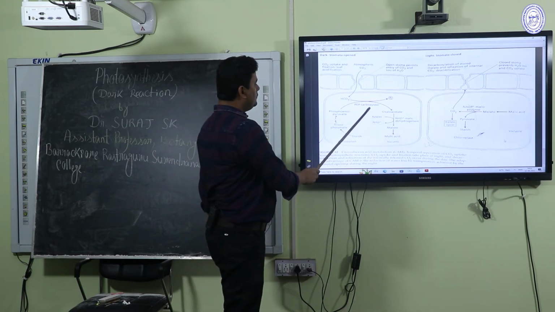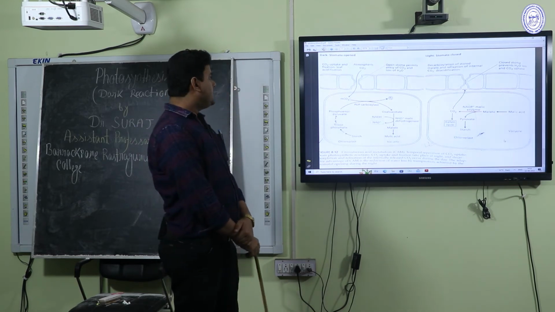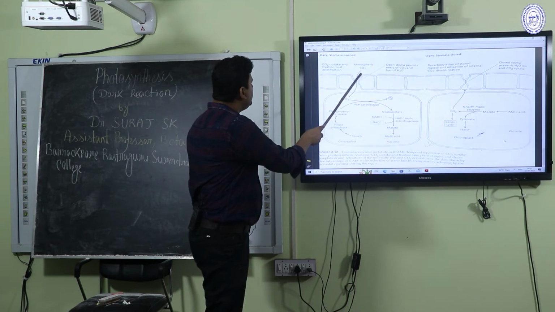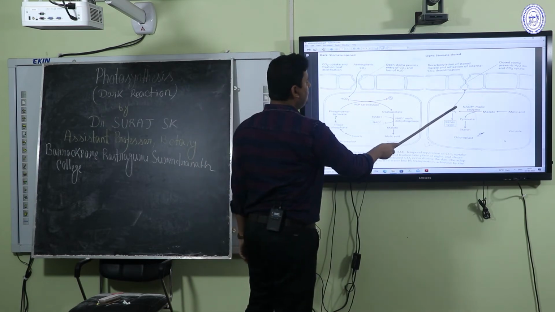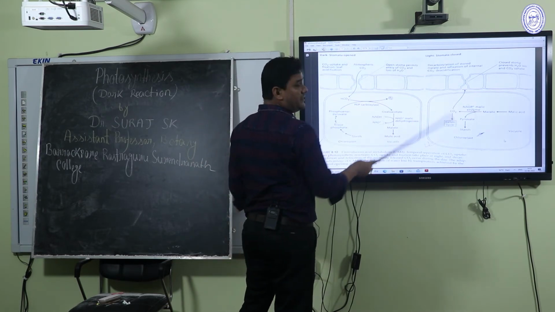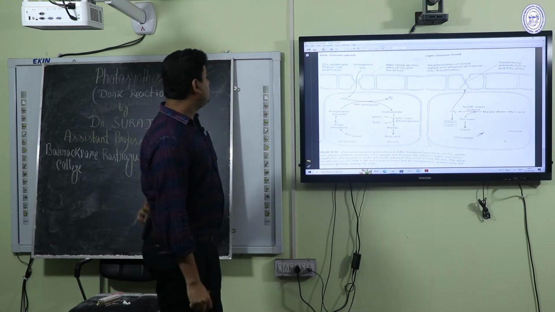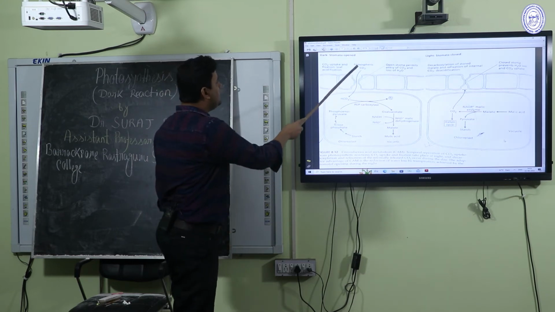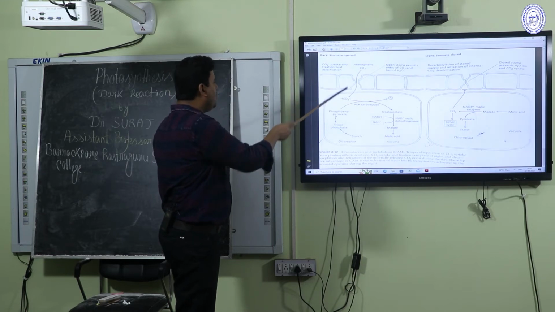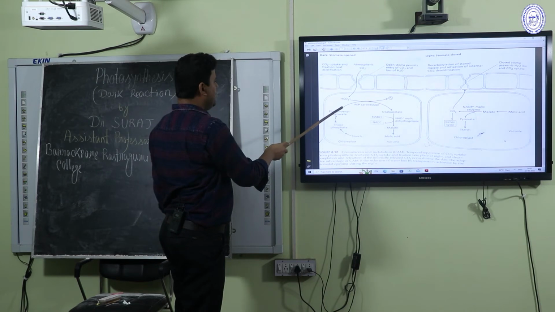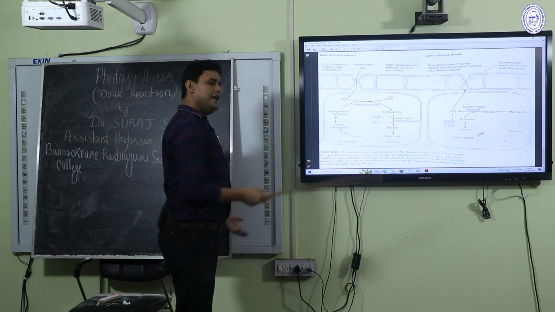Here, two figures are taken. One figure during night when stomata are open, and one figure during daytime when stomata are closed. So, what happened? During the night when stomata are open, you can see here that atmospheric CO2 will be accepted here also